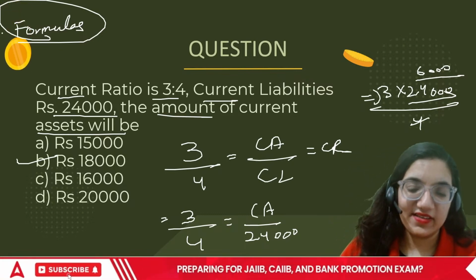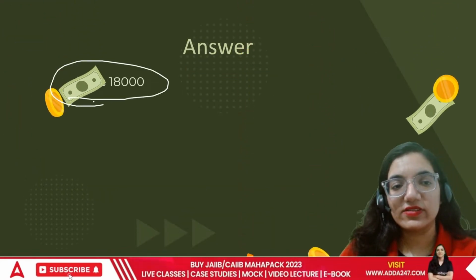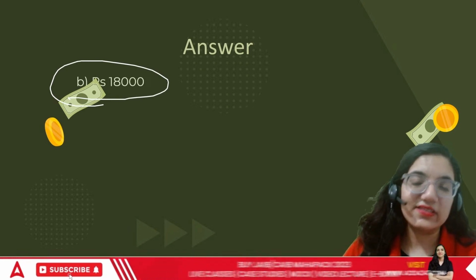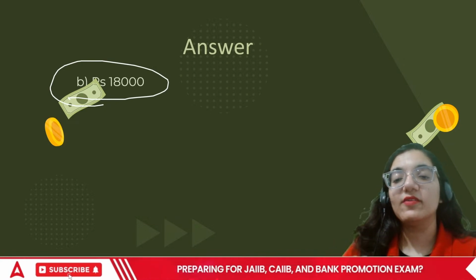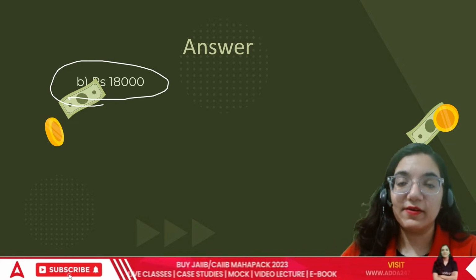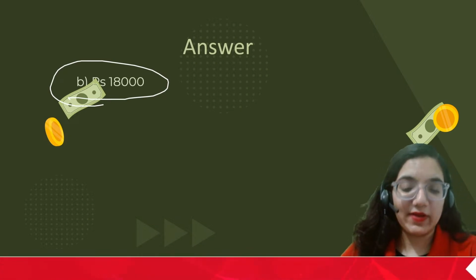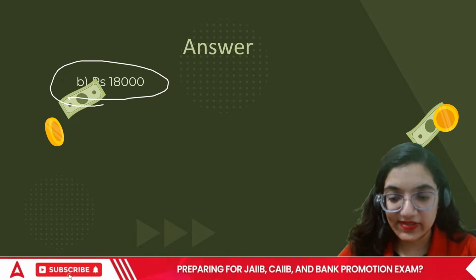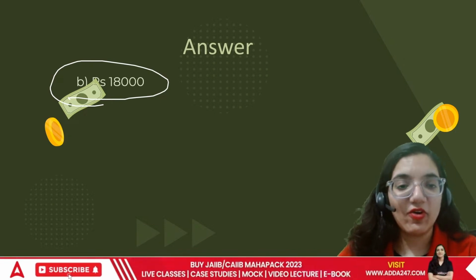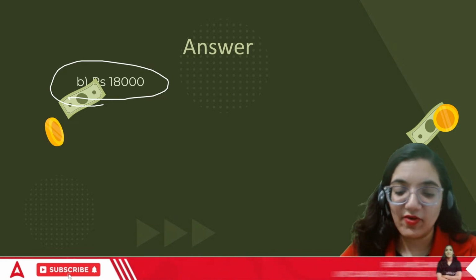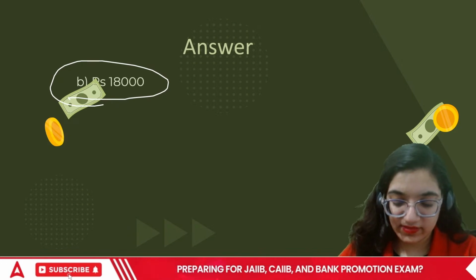What's the correct answer in this case, everyone? The correct answer is 18,000. As I told you, in these questions the calculation is almost negligible. But the main area of facing problems is only one: in these kind of questions, you tend to forget the formulas. There are so many formulas that people tend to make mistakes in the formula area. That is where they find it difficult.